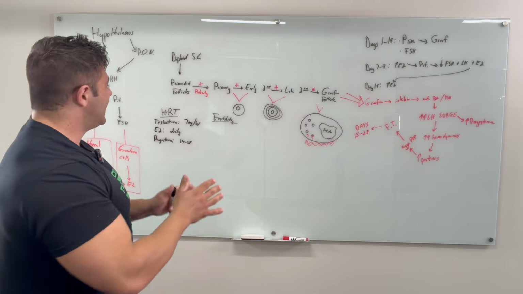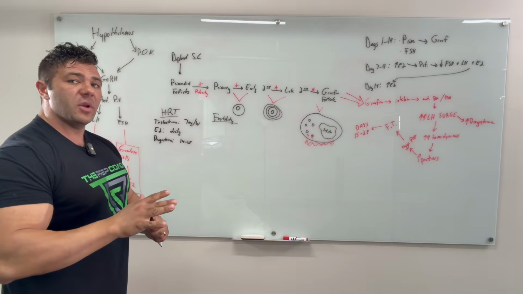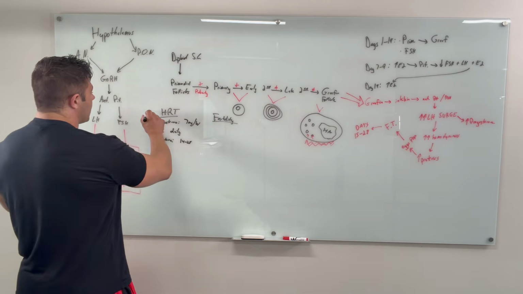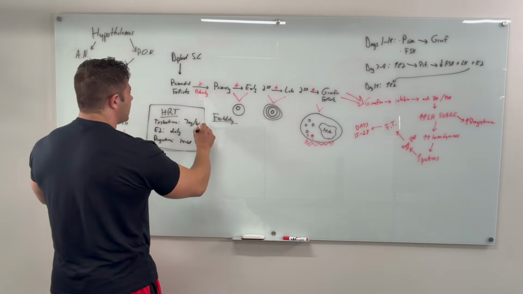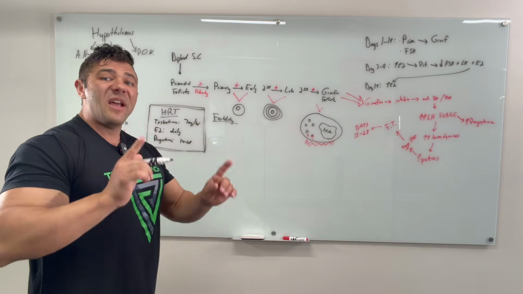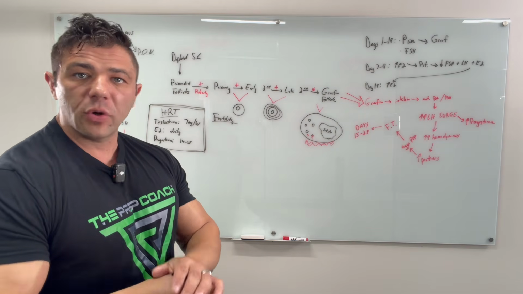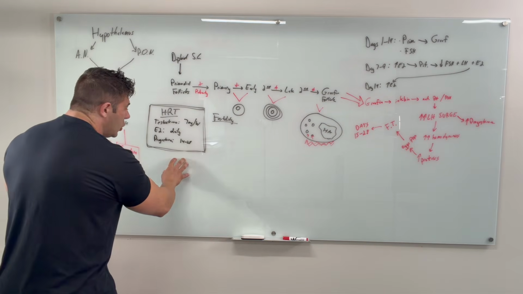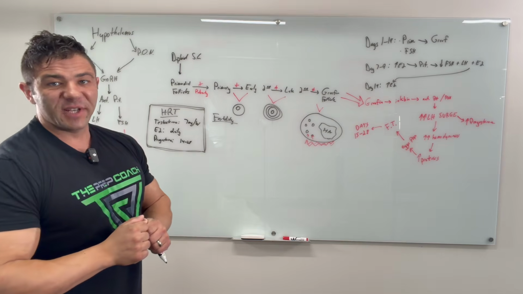Now, although this is the basic way to look at fertility, this is what's done in the medical community. This is why they have those numbers. This is why it is that way. Now, the problem with saying this is that this will work for 50% of females. Understanding the basic biology means 50% of you watching this, or if you're a male helping out your wife, your girlfriend, whoever, or clients, 50% of females are going to respond well to this type of approach. That being said, what about the other 50%?